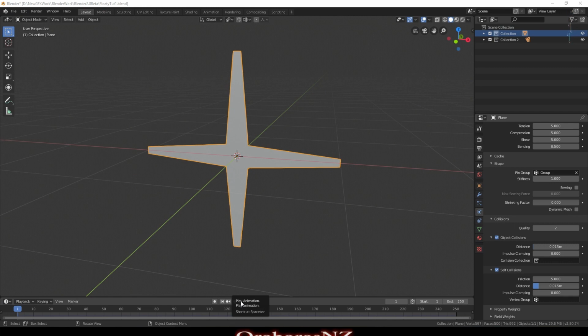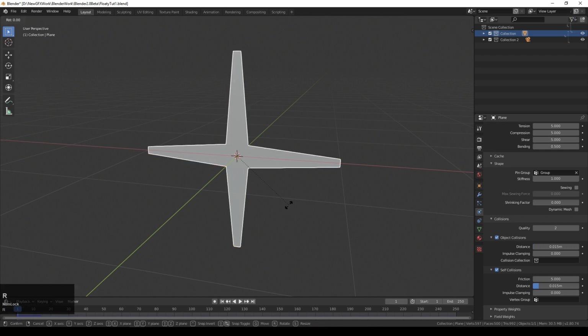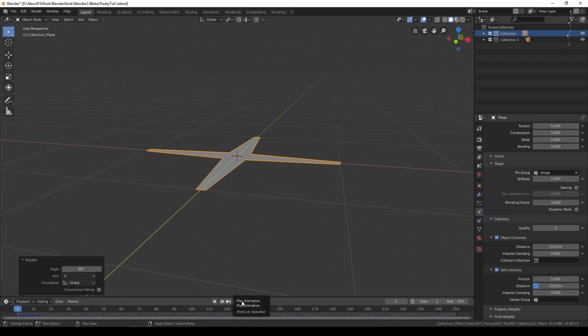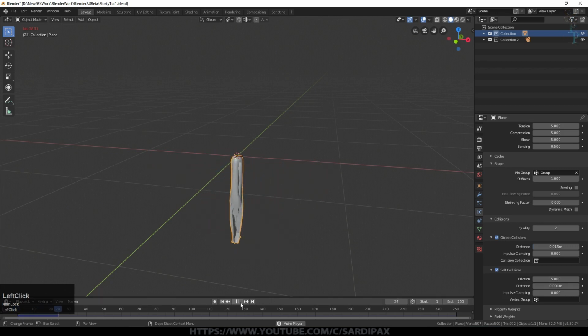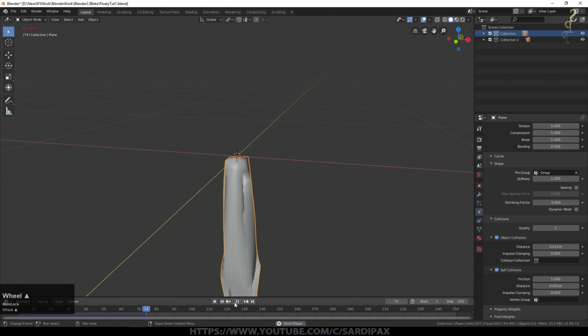If you find it's a bit unstable, there's a few things that you can do. So at the moment, this is just going off into infinity. I think there's a few bugs in the cloth simulator at the moment, so this may be to do with that. The first thing to do, try rotate X 90, just so that it's flat, and also try setting the distance for self collisions to 0.001. That's a bit too close, really.